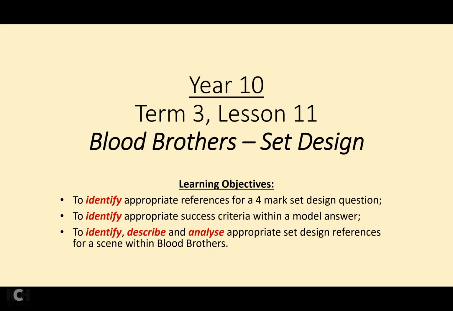Hello Year 10, welcome along to Term 3 Lesson 11, where we're going to be looking at a set design question from Blood Brothers. Before we start, I want to make it really clear that this set design question is